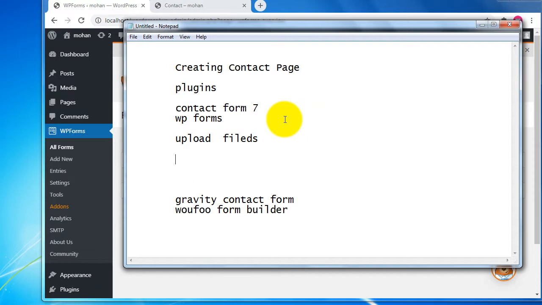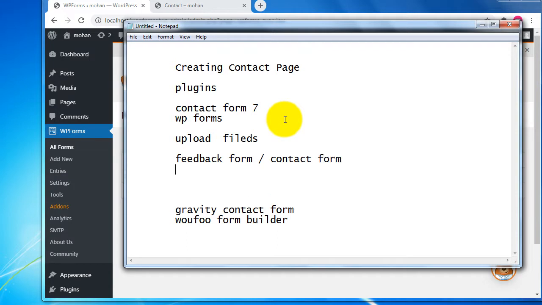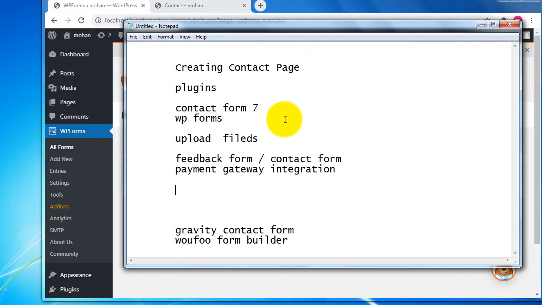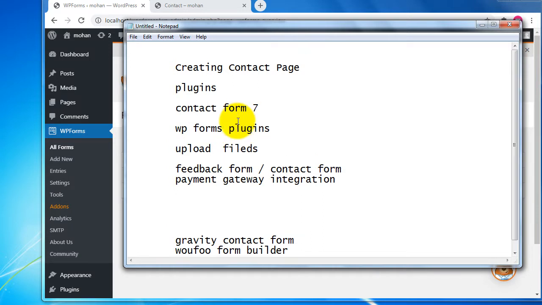In our contact form we may also use payment gateway integration. By using this plugin we can also collect payments in our contact form. That much capacity the WP Forms plugin has.